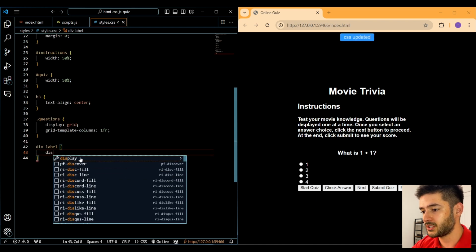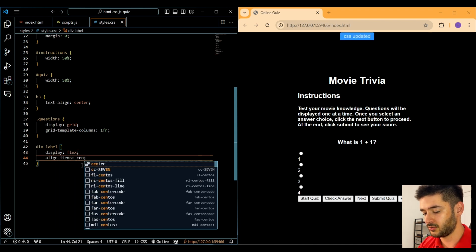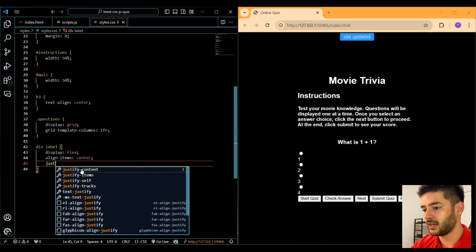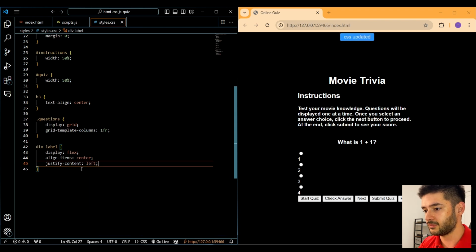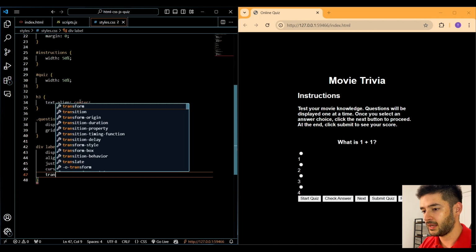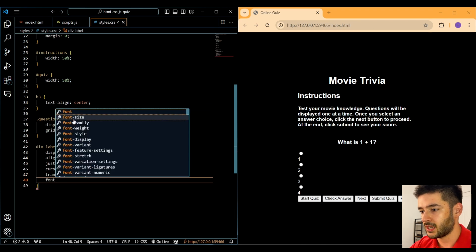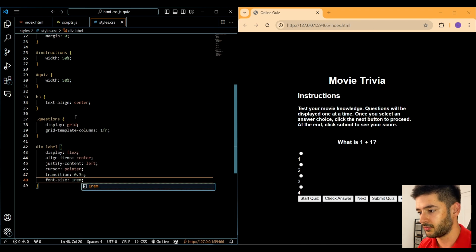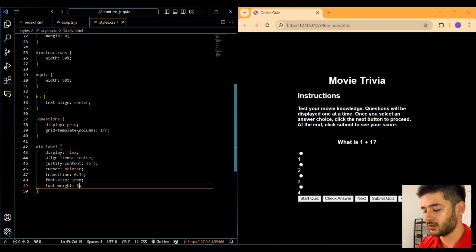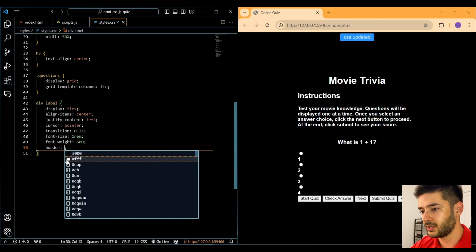And again, we're going to change our display equal to flex, align our items to the center, justify the content to the left, change our cursor to a pointer when we hover on it, add a transition of 0.3 seconds for when we do hover on it, change our font size to 1 rem, change our font weight to 600 to make it just a little bit bolder and easier to read, add a border property, and first we're going